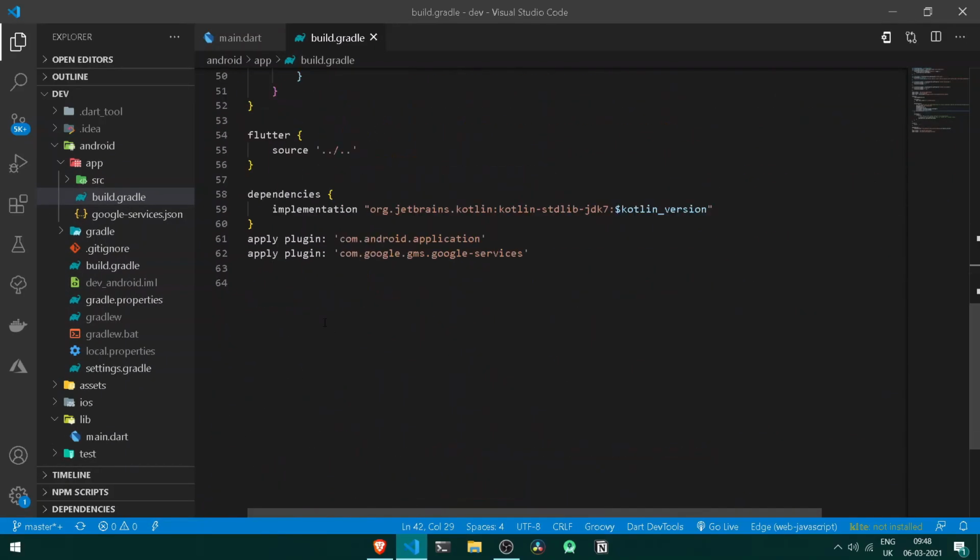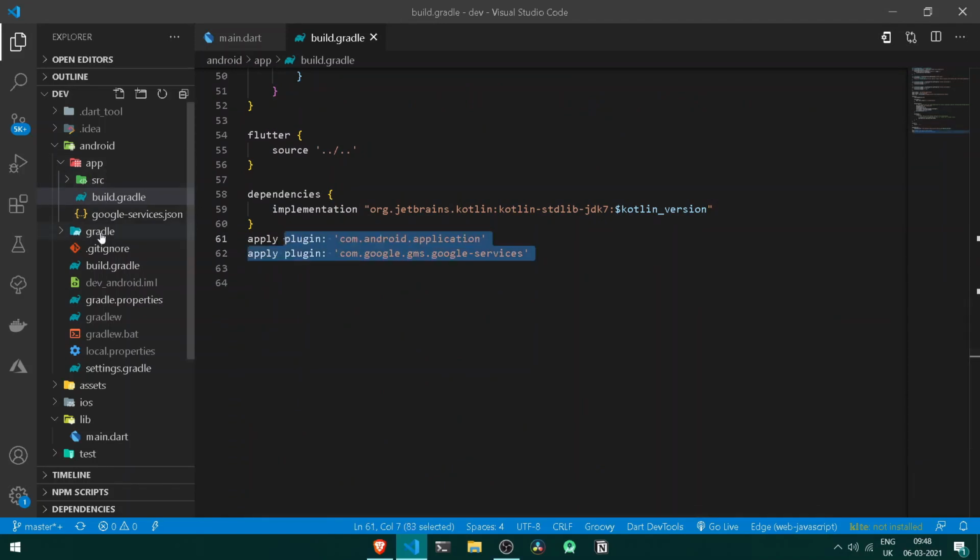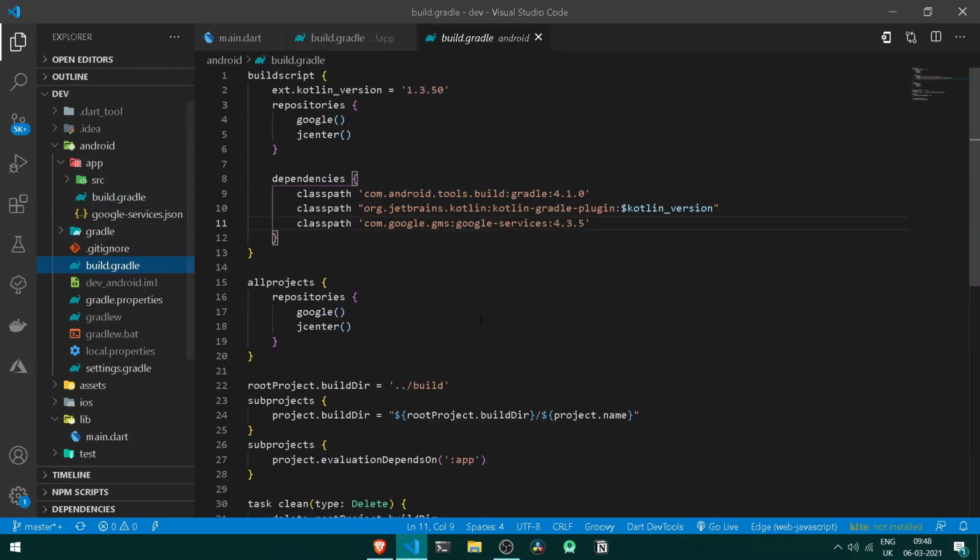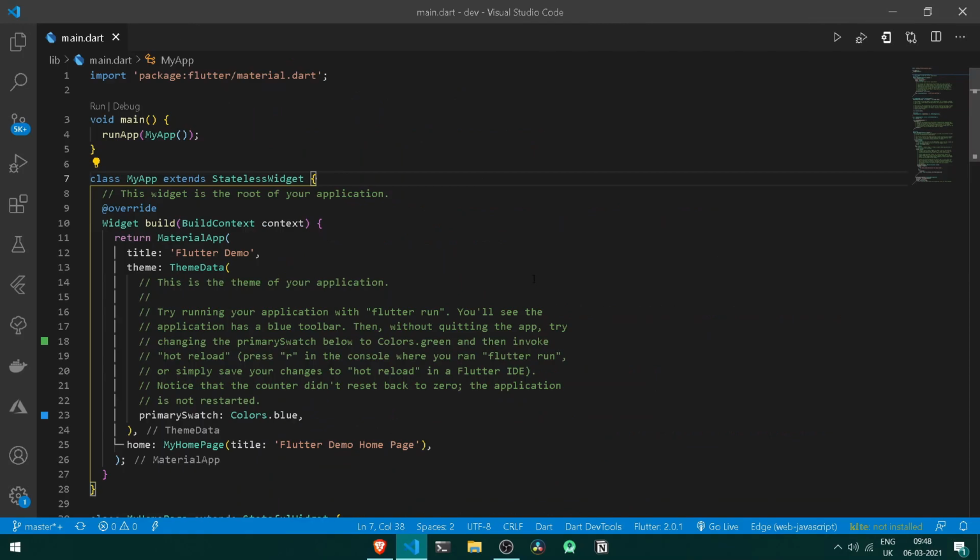So once we have configured both of the plugins here, you can simply move under our project level build.gradle file, and here you need to add the following classpath of the google-services file, which is this file itself. So now what we can really do is open our emulator and start off creating our new project, that is our dev community app.